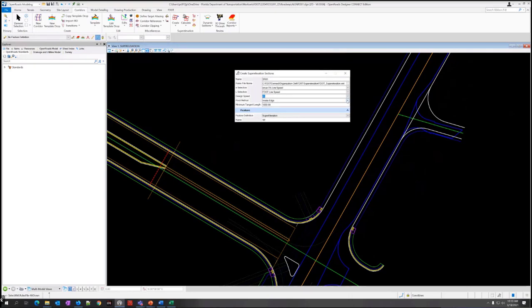Pivot method, if you click the drop down here, there's a little bit of a preview. You can kind of understand it a little bit. You can see the crown, it's going to go around the crown, and you can see the little diagram of how it's rotating. You've got inside edge, outside edge. Those are just opposite of each other. There's also left edge or right edge. Same concept as inside or outside. It's going to be left or right, not relevant to whether the curve is the inside of the curve or not. And then you've got divided inside. This would be for your high-speed roads where it's rotating about the inside PGL on the median.